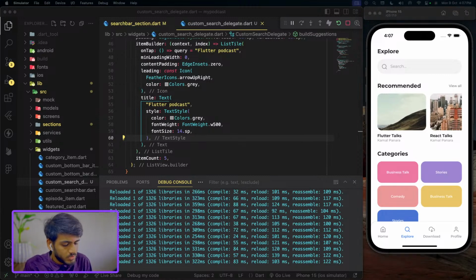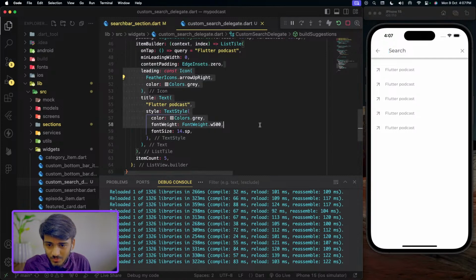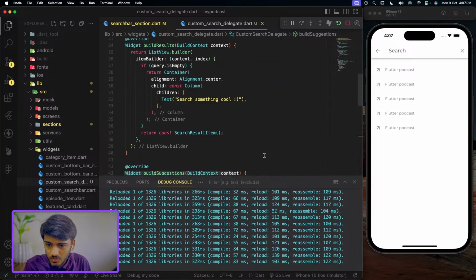So we are done with the search delegate. The rest of the stuff will be done once we have the functional search functionality. Once it's done, we can work on search result item,